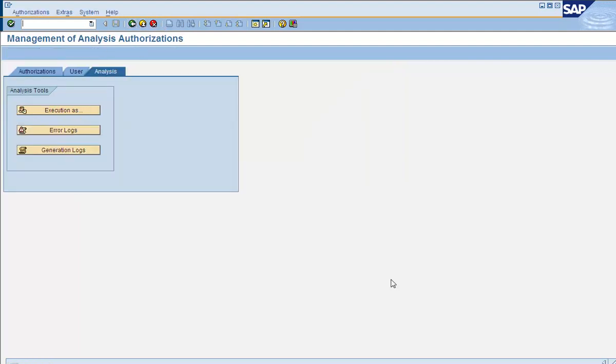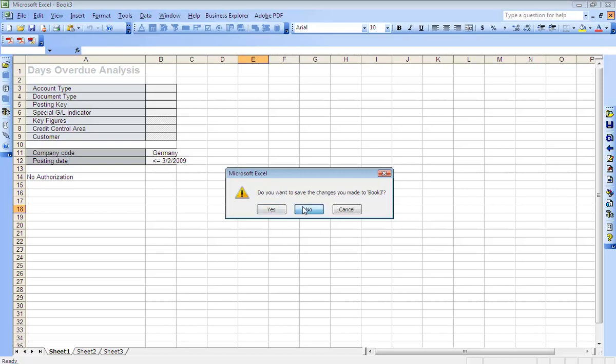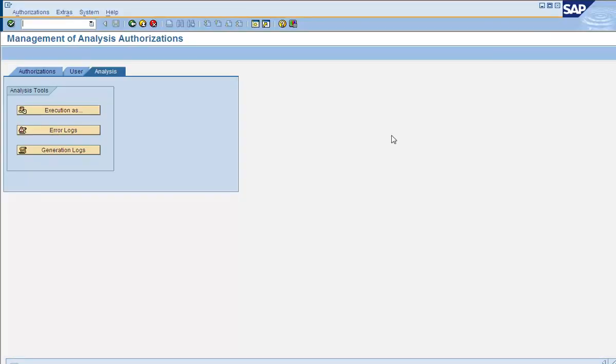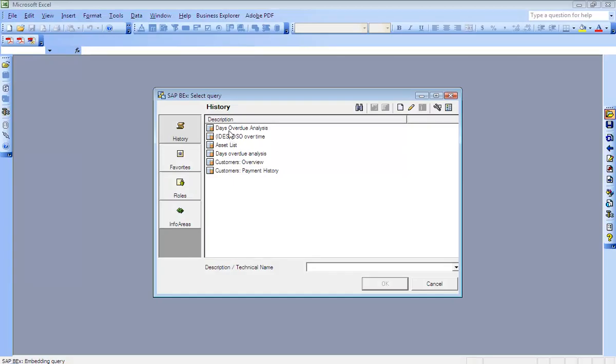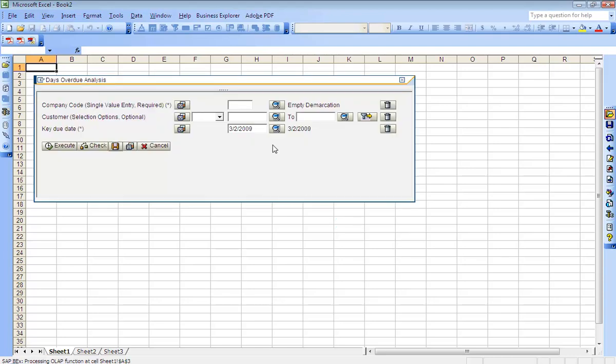So let's go back and execute the query one more time with the same selection criteria with company code 1000. So we log in with user A and execute the query with the same selection criteria. So let's enter the company code 1000.